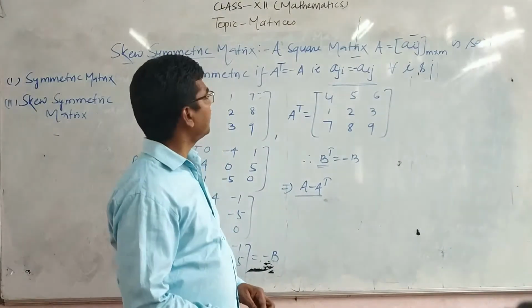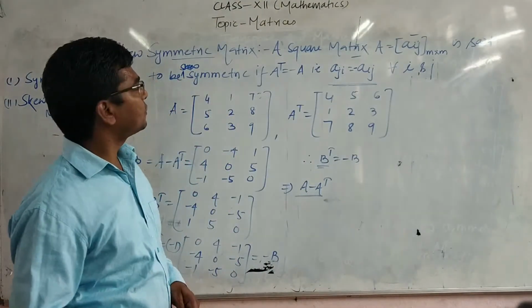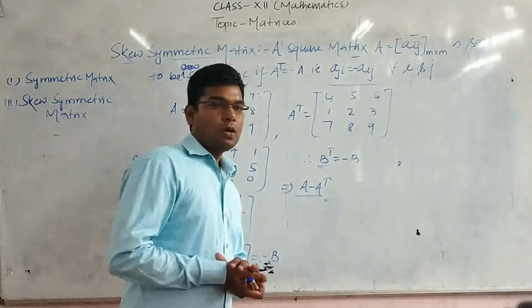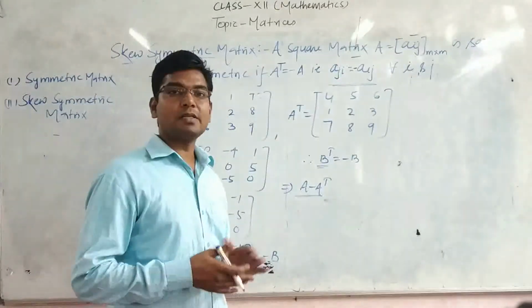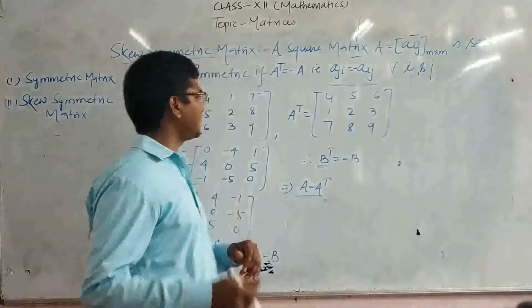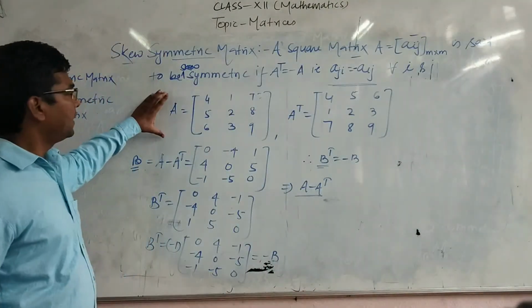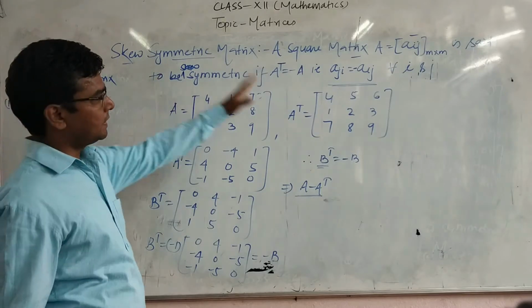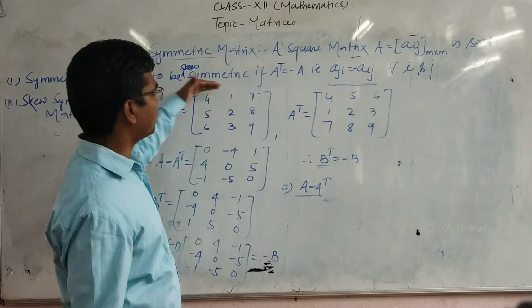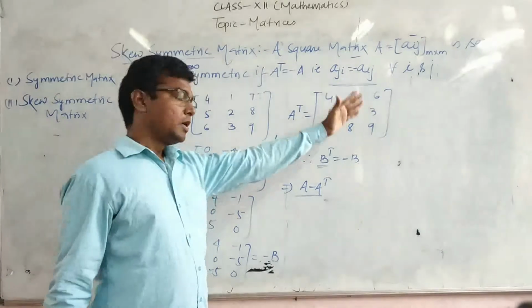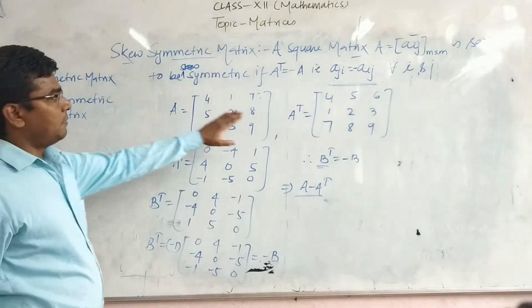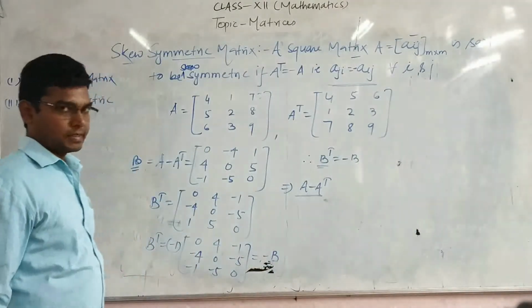Let us check for a matrix which is not a skew symmetric matrix. The difference of the original matrix and the transpose of the matrix will tell us whether it is a skew symmetric matrix or not. Let us take an example. This is a matrix A which is not a skew symmetric matrix, and this is the transpose of the matrix, where rows become columns. So just subtract these two, A minus transpose of the matrix.